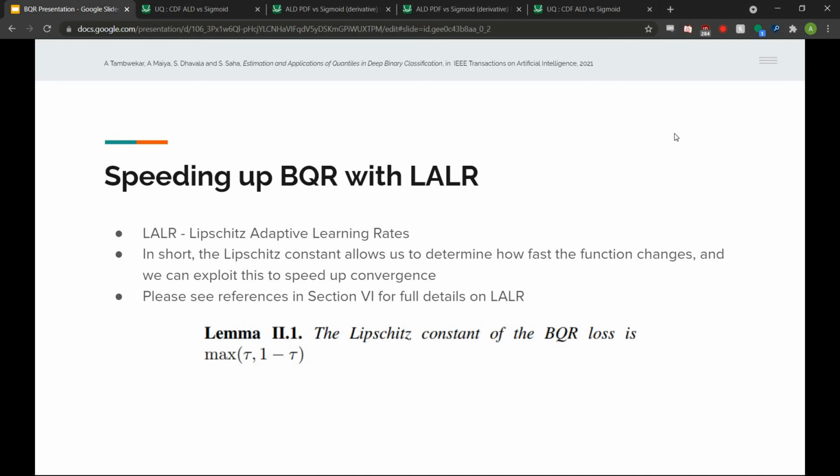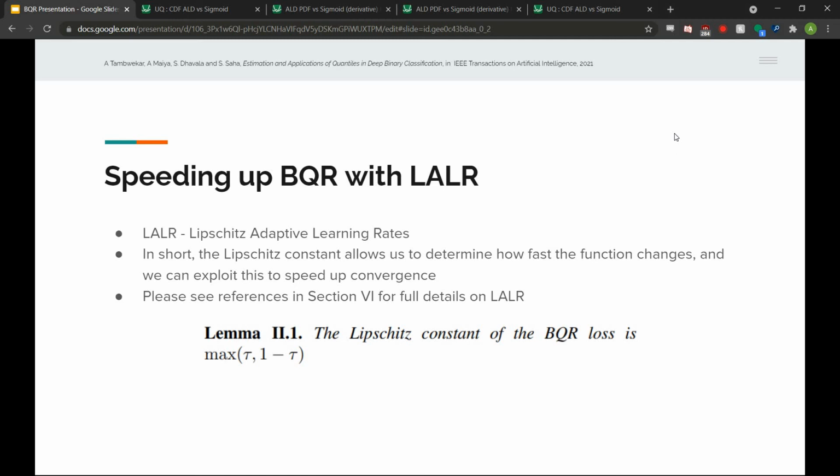And we can also speed up BQR with something called Lipschitz adaptive learning rates. In short, the Lipschitz constant basically tells how fast a function can change, and we can exploit this to speed up convergence. For the full details, please see all the references that are present in section 4 of the paper on exactly how LALR was defined. But in short, the Lipschitz constant of the BQR loss itself is the max of tau and 1 minus tau